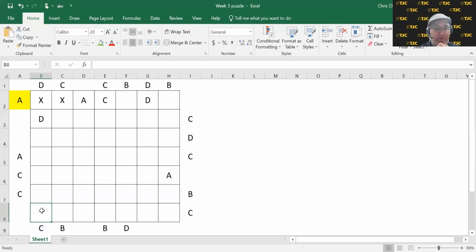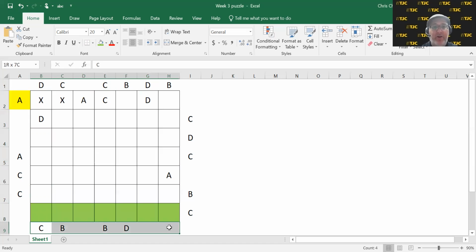So why don't we go to the bottom row for a second and think about what can we put down here? Now, one trick is to look at the letters on the edge, these guys down here, and see what's missing. I don't see any A's down there. I see B, C's, and D's. So let's talk about A's. Can I put an A here? Yes. No,